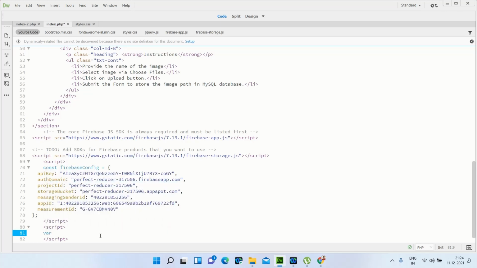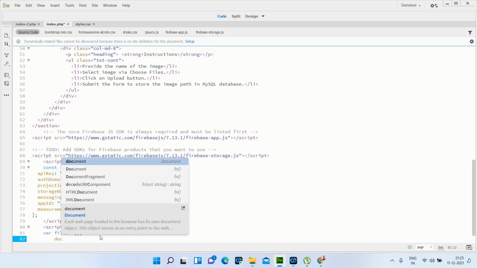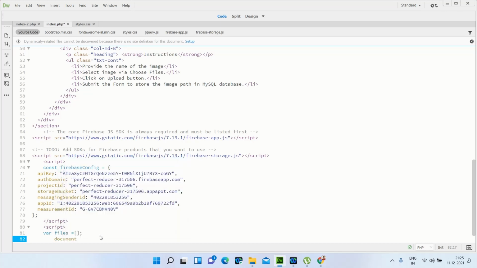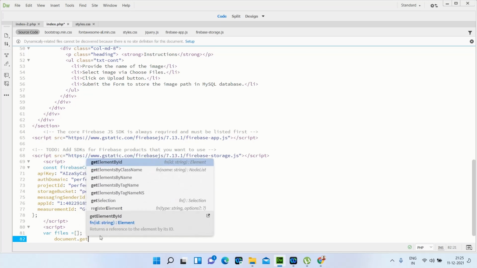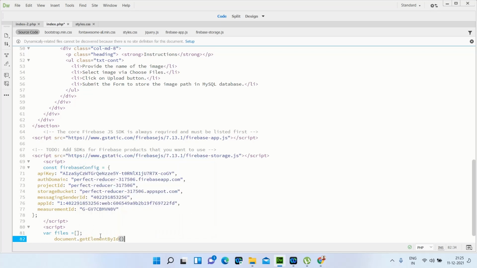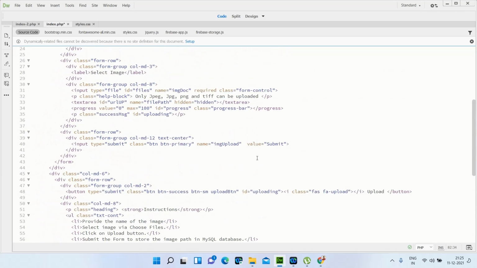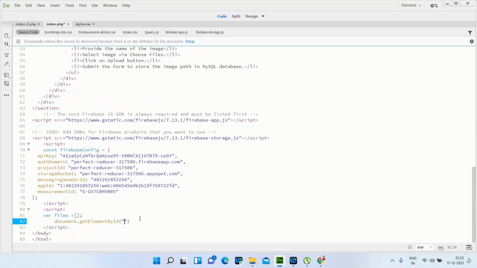So var files equal to array, and after that we need to take document dot getElementById, and here we type the files. Here I'm calling through the IDs of the files. So here is the files. Okay, so just copy this and paste here.